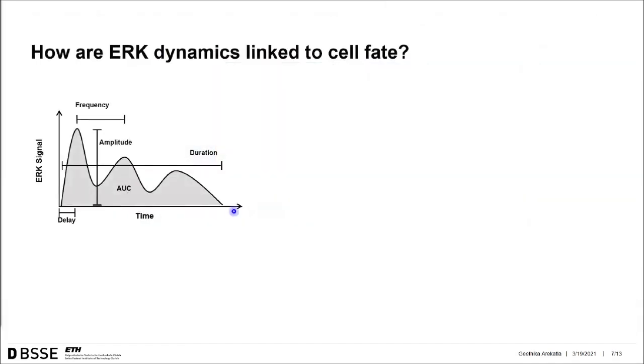So, okay, it's cool that we could simulate these different dynamics, but ultimately we wanted to understand how cells understood these dynamics and how they differentiated based on what dynamic they received. And if you follow a signaling pathway over time, it has many properties, right? There's the duration of the signal. So is that what matters to cells, that a signal is on for a long period of time? Or is it the strength of activation, which is the amplitude? So if you hit a certain threshold of ERK activation, the cells differentiate. Or is this like an integral of the two, which is the area under the curve? And that's what we were interested in finding out.